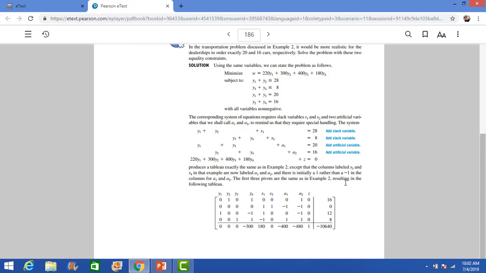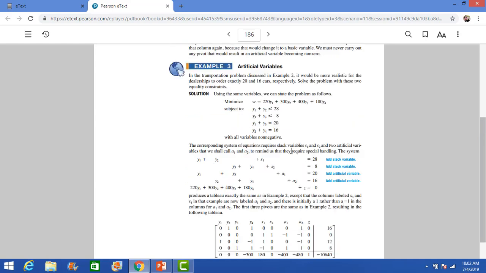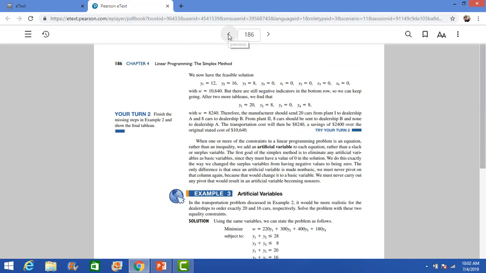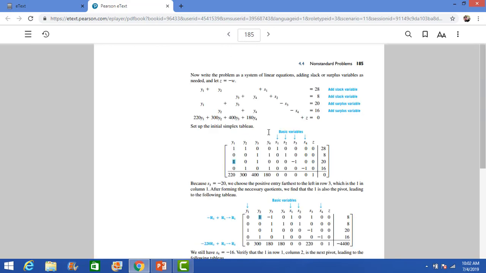Okay, meaning we're going to result in this tableau. So what does that mean? Well, if we go to example 2, just to back up,